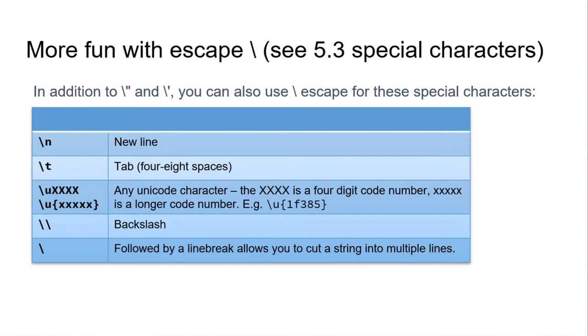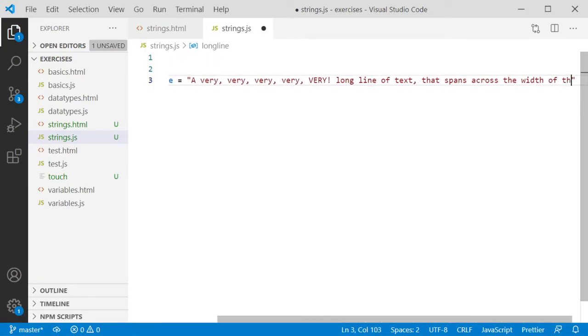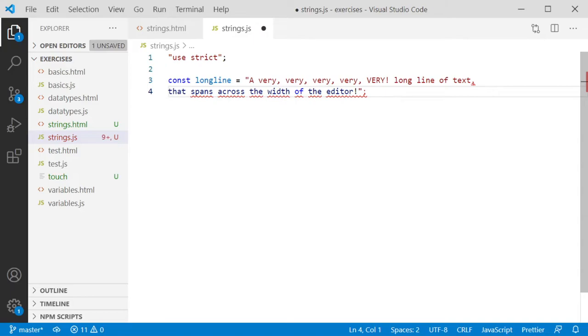And I think we should just try and take a look at how that would look. So let's say we have a variable here, a long line, where we have the text, a very, very, very, very long line of text that spans across the width of the editor. And this can be a bit annoying with these very long lines. We would like to add a line break here so we can see all of it, but then we get errors because in JavaScript we can't just add a new line in the middle of a